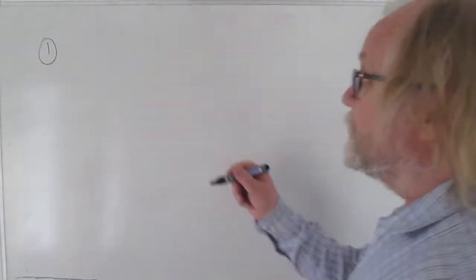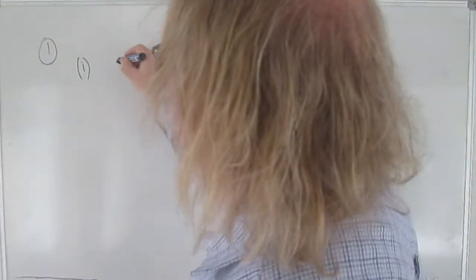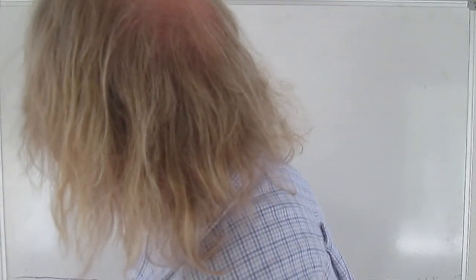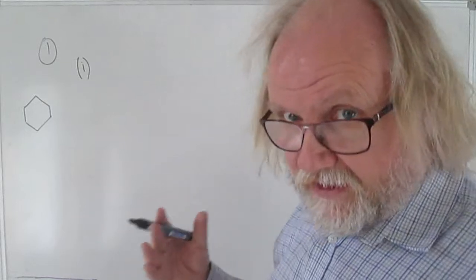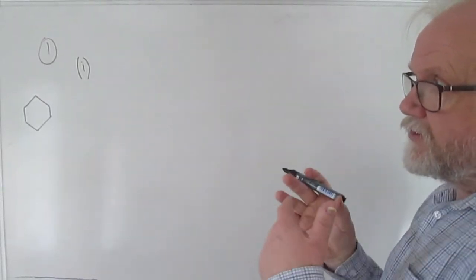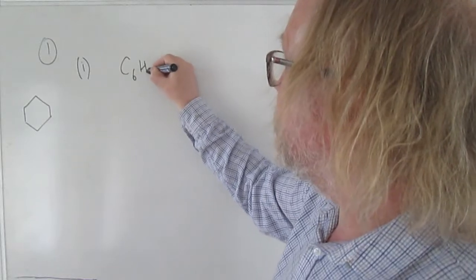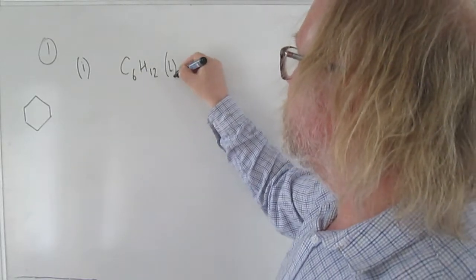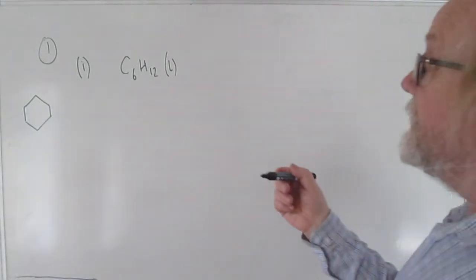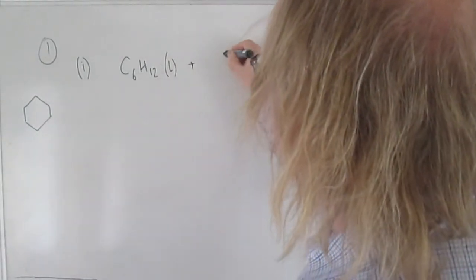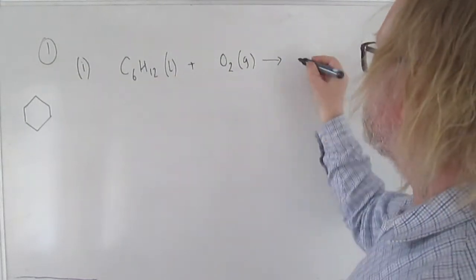Right, question 1, what's first of all the equation for complete combustion of cyclohexane? So cyclohexane, remember, is this. That's C6H12, not C6H14, because as soon as you make a ring, remember, you have to lose 2 hydrogens, so C6H12 is the formula. And that's a liquid, because it tells us that in the question, plus some oxygens will give you 6 CO2s, because you've got 6 carbons,